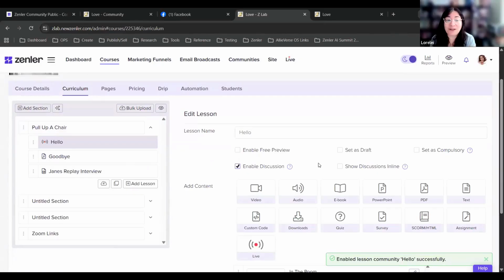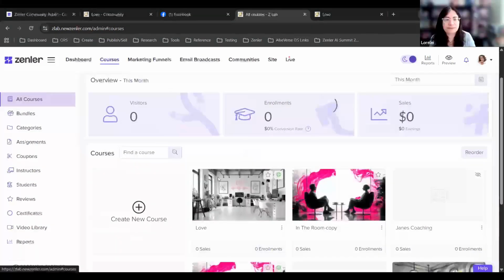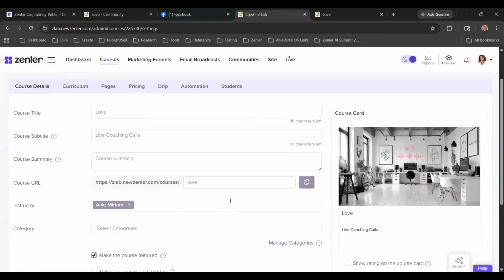Okay, so I don't have curriculum inside the events course. The only element that I have inside the events course is just that block for events, the ones where people register. So in order for events to appear in community, it would have to be if I use the curriculum. You use the curriculum or you create a separate community called events, right? You create a separate community called events.